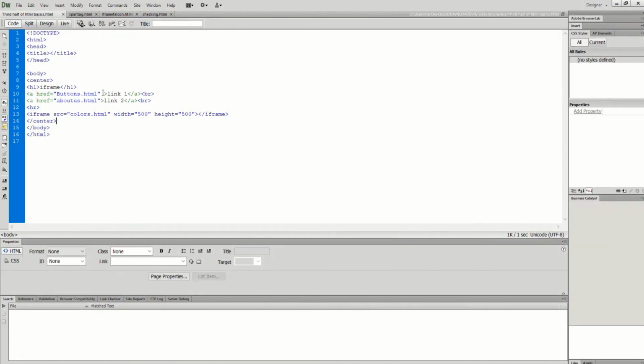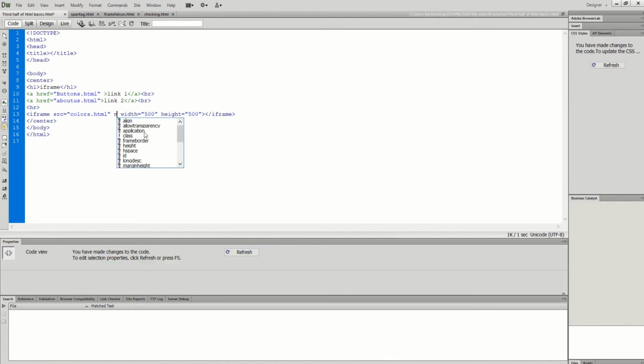So now the real part. So first we have to add a name. So name, and any name you want. I'm just gonna put iframe 1,